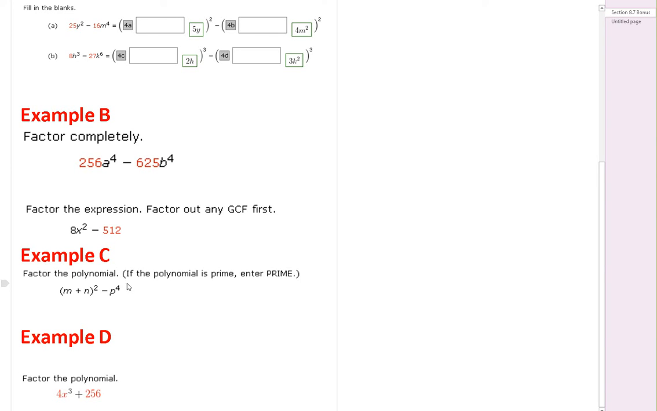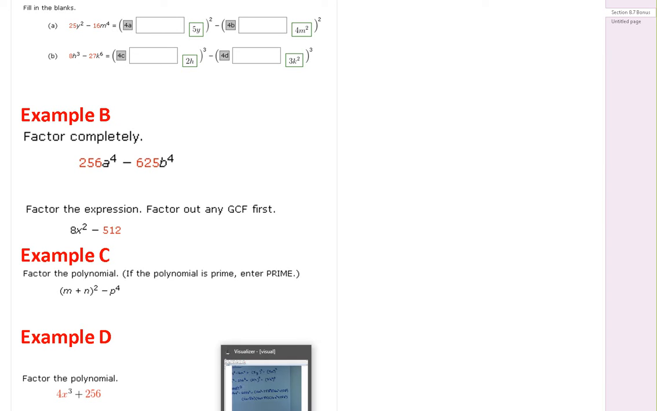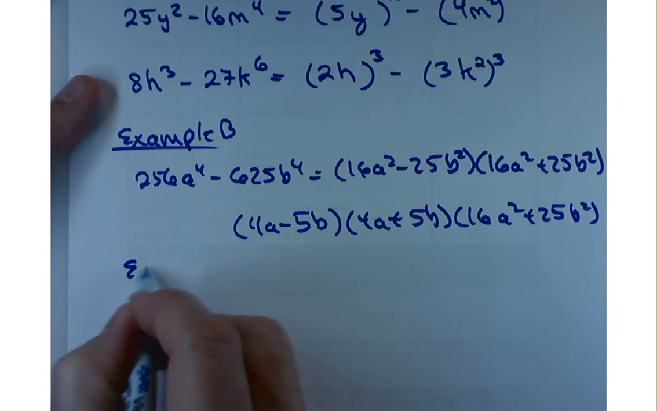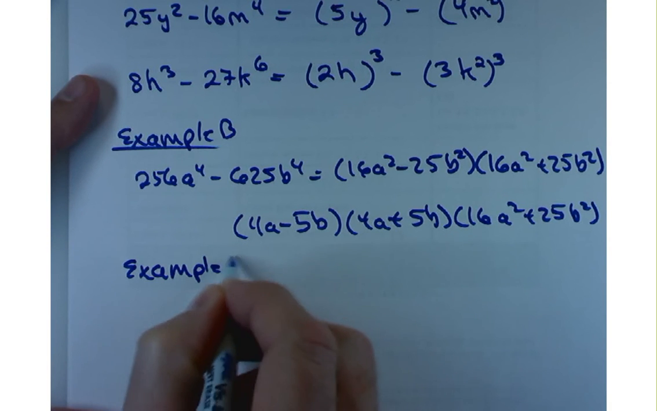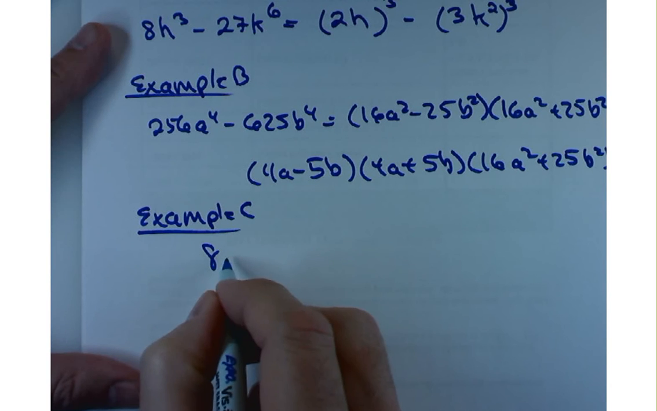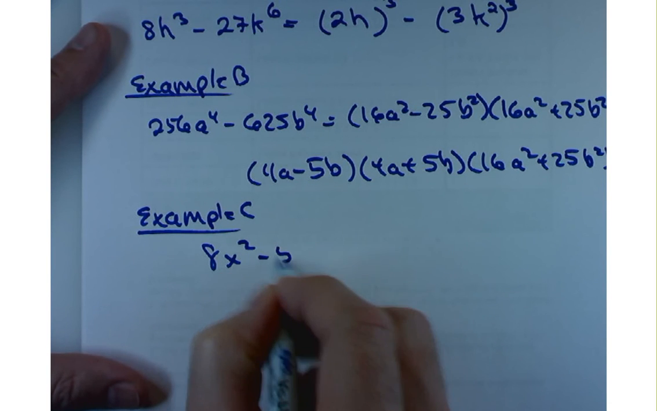Couple more here. This is "factor the expression, factor out any GCF first." I'm not going to be quite so nice as to say, you know, factor out the GCF first. That's something that you should know. So if I had 8x squared minus 512,